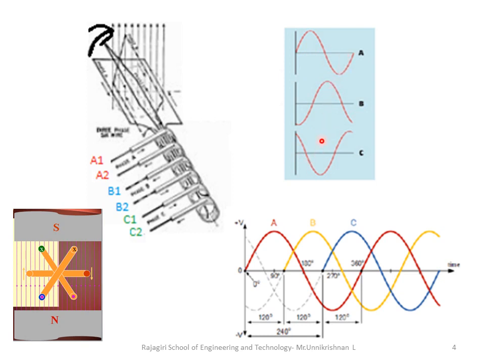Why does this phase difference occur? Because you know that the coils are placed at different angles. So they are cutting the magnetic field differently, and depending on the angle by which the coil cuts the magnetic field, the voltage will be generated. So depending on the position of the coil, the voltages will have the phase difference. And also you have to understand that we are using 3 identical coils.